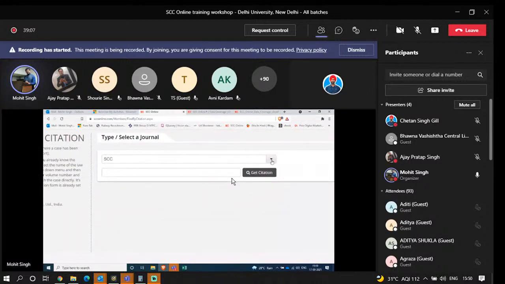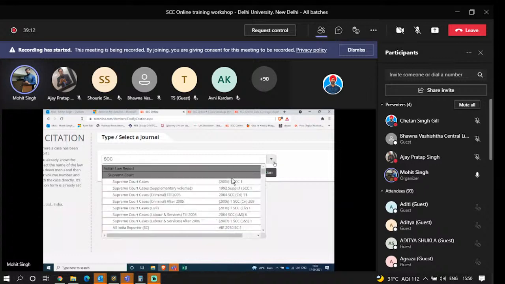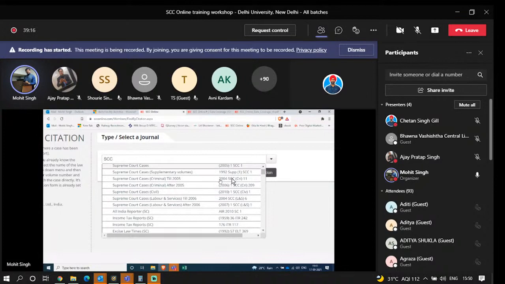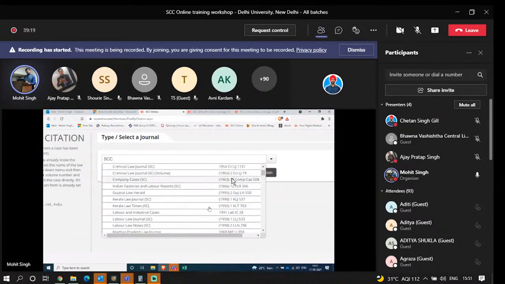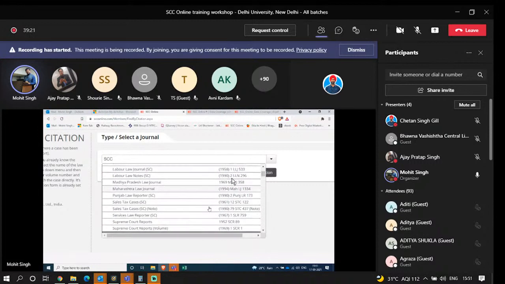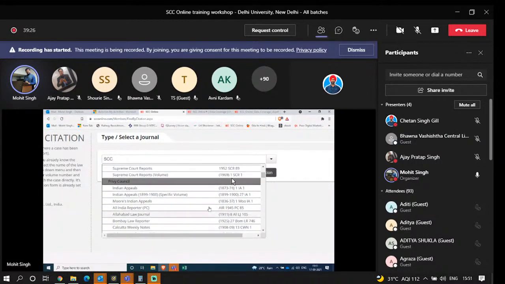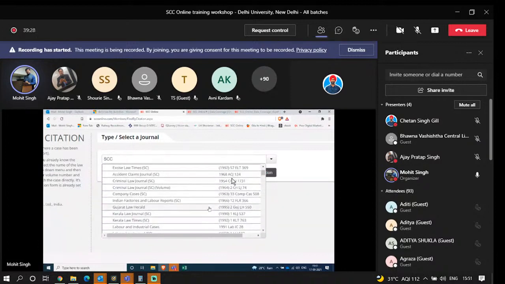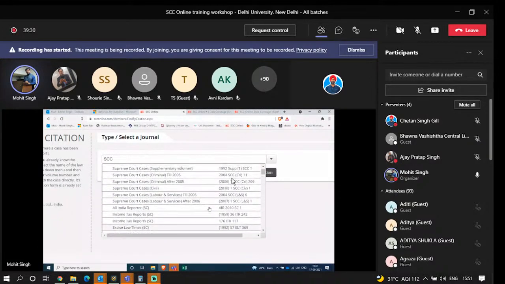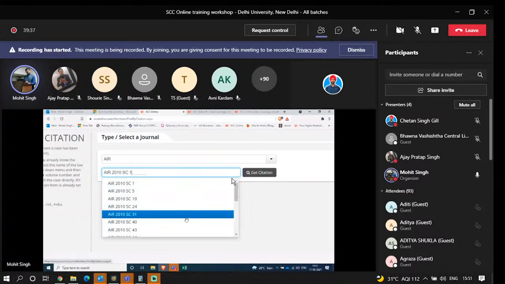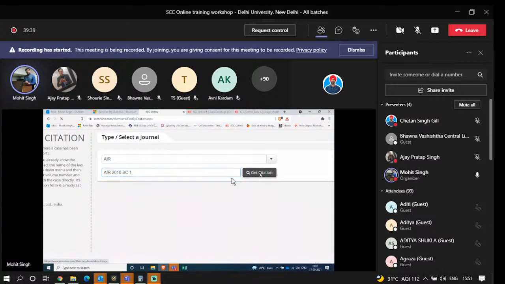In find by citation, you do not need to only type SCC citation. We also accept other journal citations. So as you can see, SCC, AIR, Income Tax Report, Excise Law Journal, Criminal Law Journal, KLT, Madhya Pradesh Law Journal, and many other journals are being covered over here. The list is huge. Now, whenever you would like to enter another journal citation number, for example AIR, you just click on AIR, you enter the series number, or you can say the citation number, click on get citation,